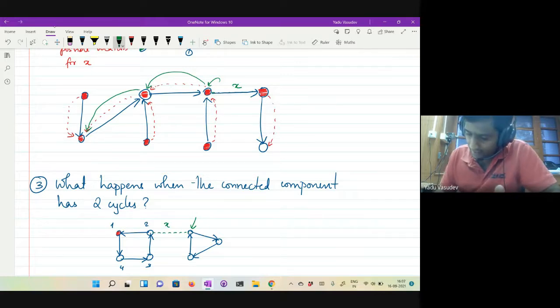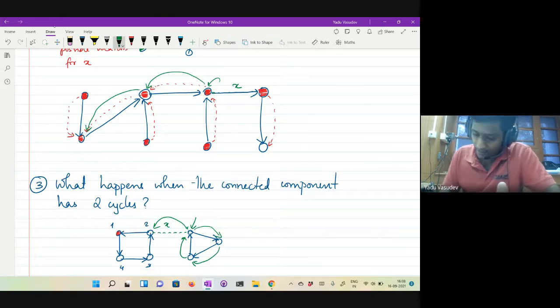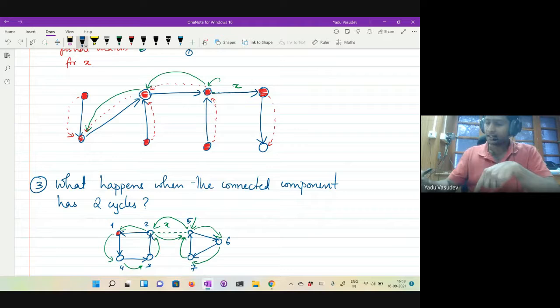Then what happens is x is placed here, and this element is pushed onto this vertex here. In which case, this element is now pushed onto this vertex here. In which case, this element is pushed back onto this vertex here. And then x gets pushed onto this cycle here, and you try to push it on this vertex. But now the element here gets pushed onto the vertex 1. 1 gets pushed onto 4. 4 gets pushed onto 3. 3 gets pushed back onto 2, where x was sitting, and then x gets pushed back to the vertex, say 5 here. So now what happens is you're just cycling across these points, trying to figure out where to place this, right?